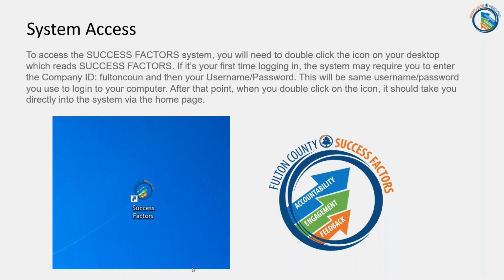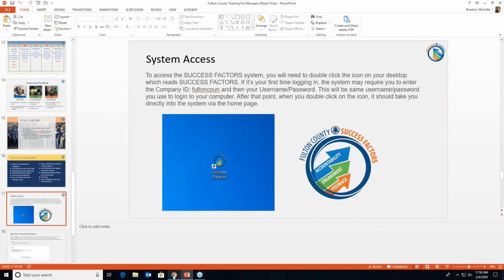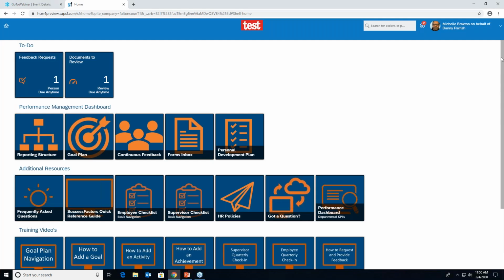So let's navigate to the home page. For training purposes, we're in the test system. The home page is a central location where employees can find tiles such as the reporting structure, goal plan, and continuous feedback.